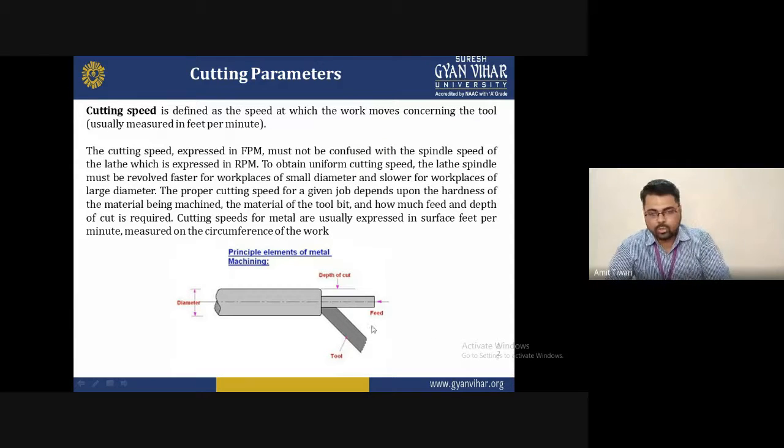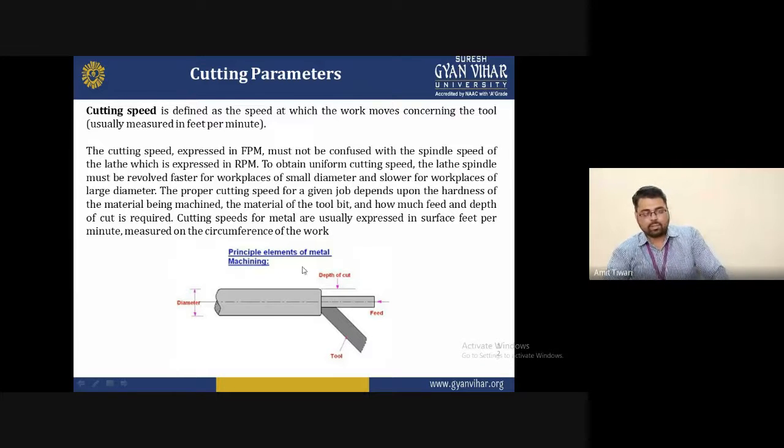This diagram shows the original or initial stage of the workpiece, and after the machining operation we can see the smaller diameter produced by machining. This is the direction of the feed rate. This is the tool, this is the workpiece, and the direction of feeding is from right to left. This is the depth of cut. If we take a cut to remove an excess amount of material, it will convert to a smaller diameter, and if we give a larger depth of cut, we will remove more material, and after that you will find this shape.